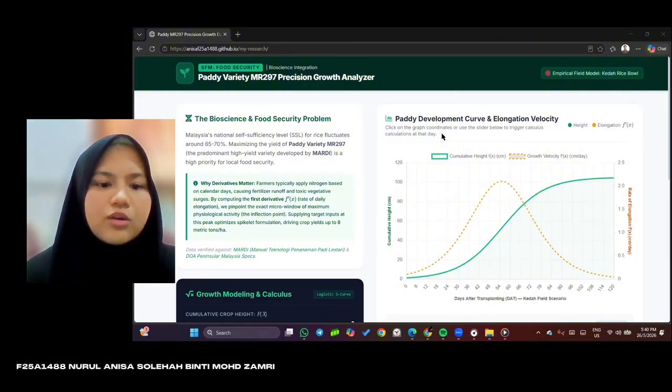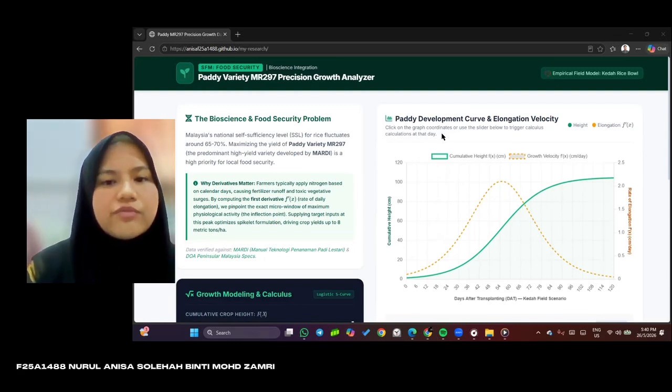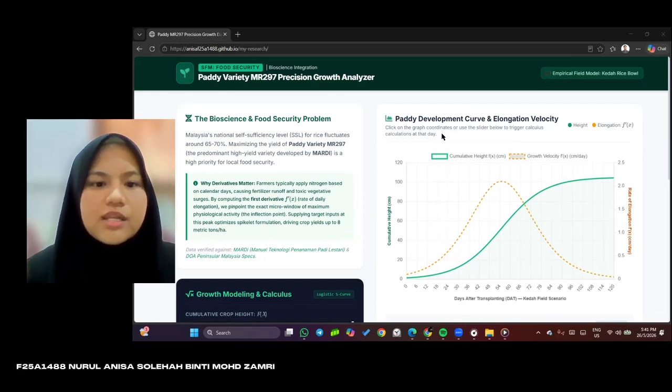So let's look at the core problem here. Malaysia's national self-sufficiency level for rice currently fluctuates between 65% to 70%, meaning that we are heavily reliant on imports. To secure our food, we must maximize the yield of paddy variety MR297, which is a predominant high-yield variety